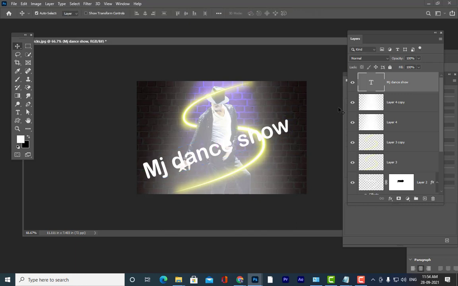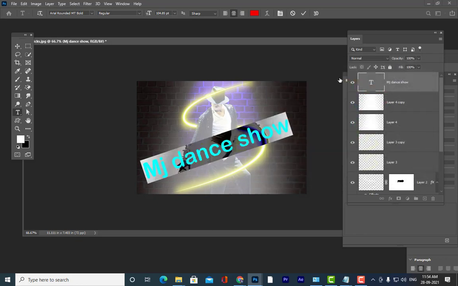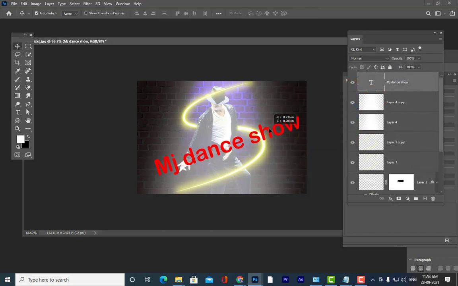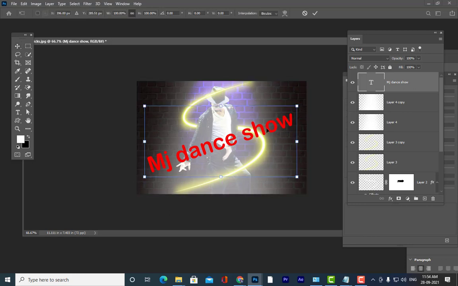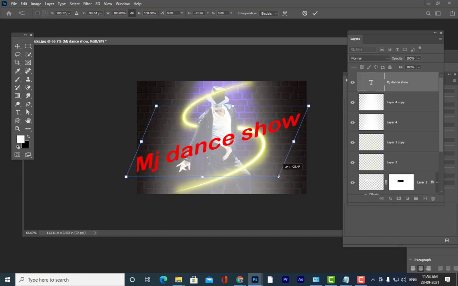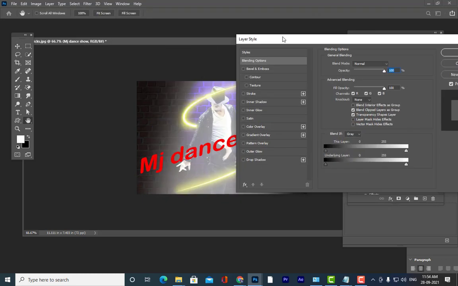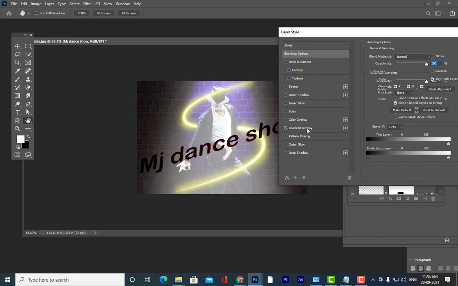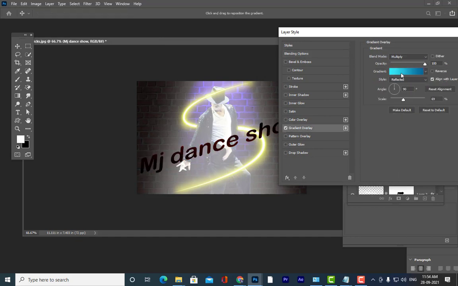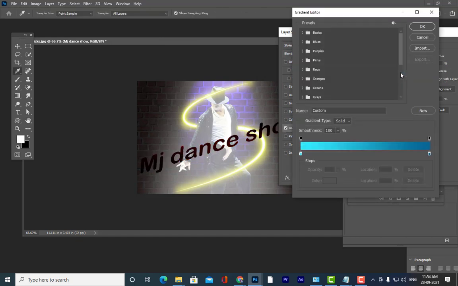And then we'll give some color to this. In case you want to skew this, you can skew it, something like this. Then we can give some nice gradients. Always check the background whenever you are giving a gradient.